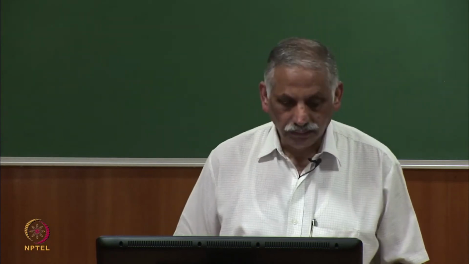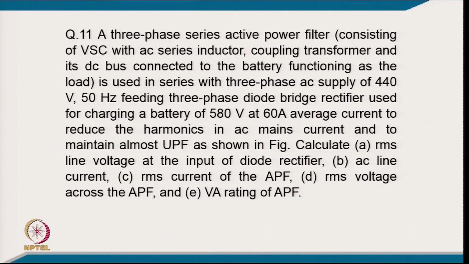Coming to example number 11, a 3-phase series active filter of voltage source converter with AC series inductor, coupling transformer and its DC bus connected to the battery functioning as a load is used in series with the 3-phase AC supply of 440 volt 50 hertz, feeding a 3-phase diode bridge rectifier used for charging a battery of 580 volt at 60 ampere average current to reduce the harmonics in AC mains current and to maintain almost unity power factor